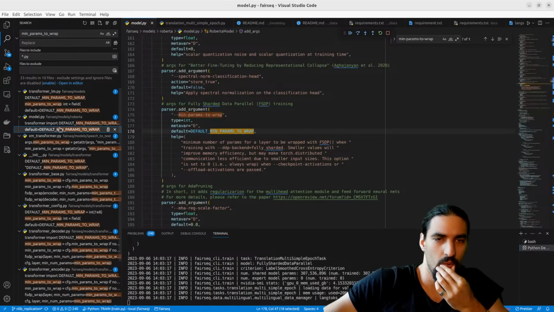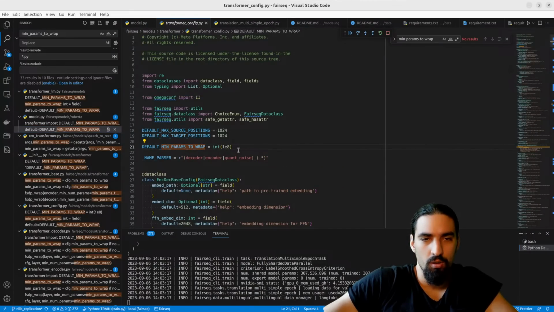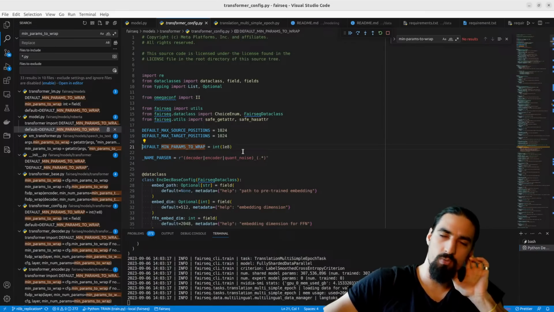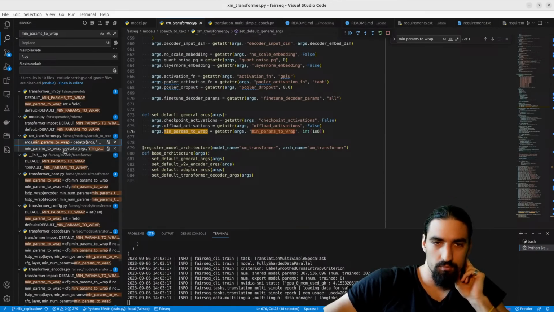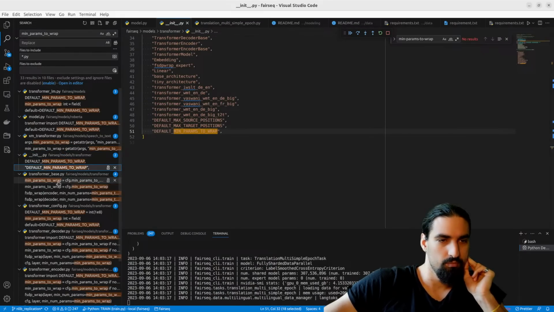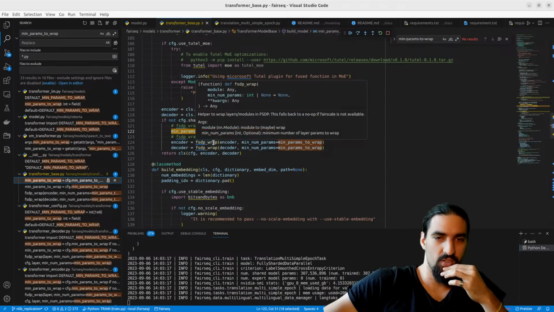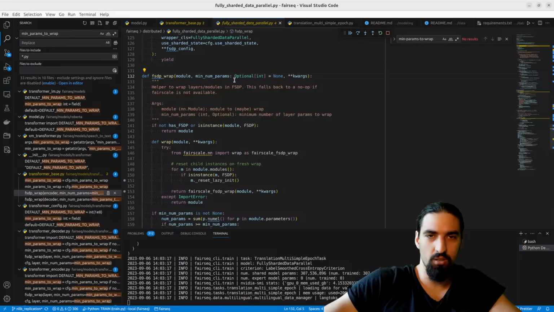Model. What's the default value? Default value is precisely 100 million. Transformer base. Okay, so it's an argument for FSDP wrap as we saw in the previous explanation.